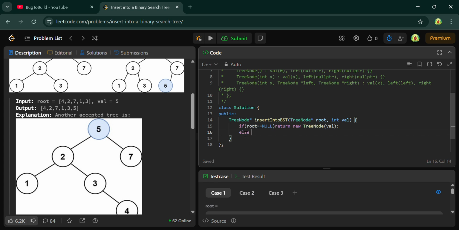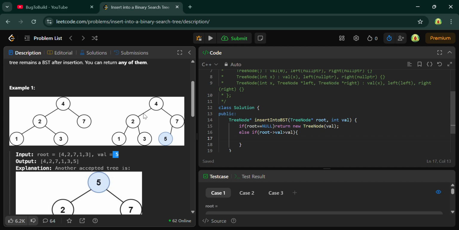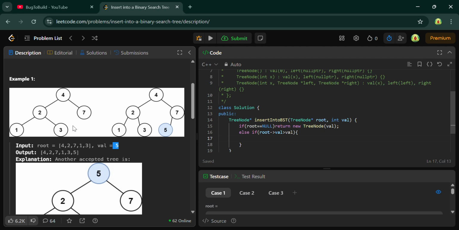After that, check else if root's val is greater than val, for example if 4 is greater than val, then you just have to move to the left.